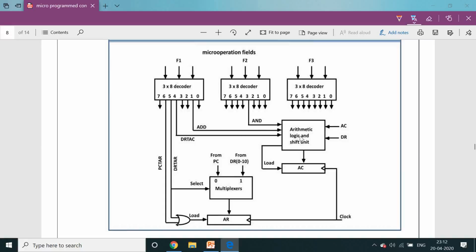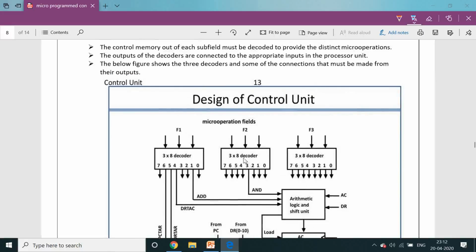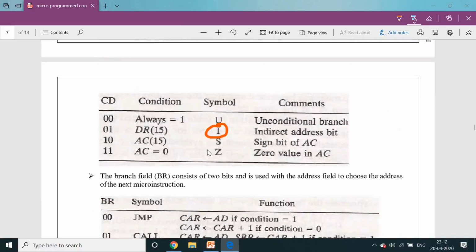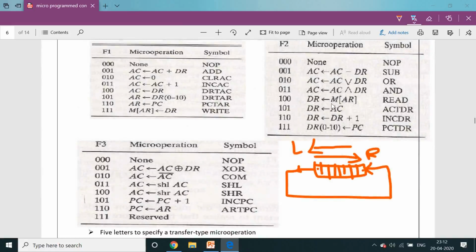And what fields are required here? The AND operation depends upon that situation. AND operation is performed on what contents? Field 2, logic 3. That means field 2, here 3, AND operation is performed. What registers are used for this? F2 carries 0 1 1. That means the AND micro operation is generated. That AND micro operation is performed on the accumulator register and the data register.